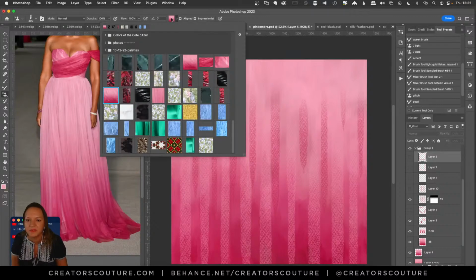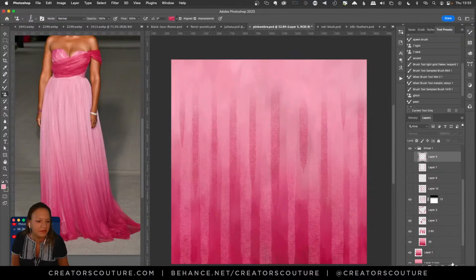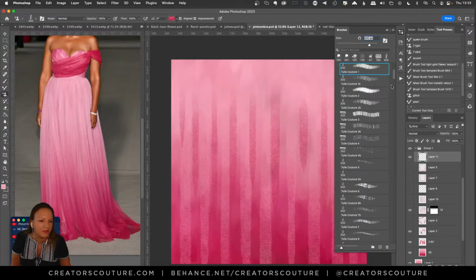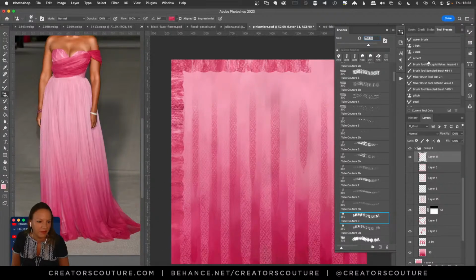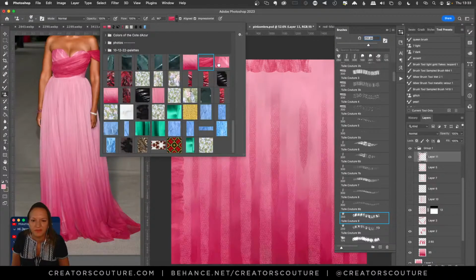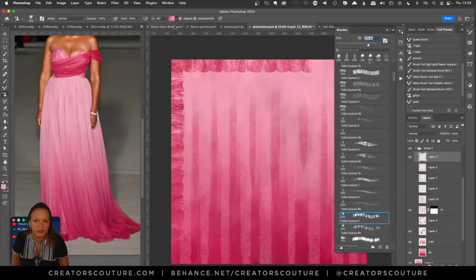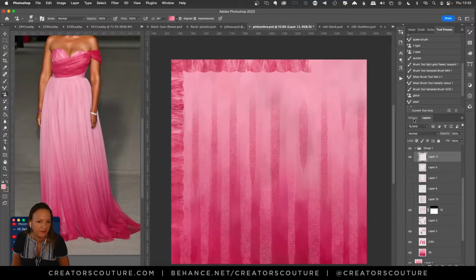I grabbed my pattern stamp tool and I had selected some smaller areas and created some color palettes from up here. So I'm going to click OK, and then we go into the Tool Couture. I don't know which brush I used, but just some brushes like this around the sides. It's got a little bit of jitter when you're using the multicolor technique. So it's just a way to have some fun with it.